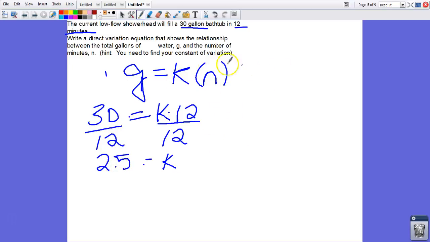So this is like the outline of my equation. For my actual equation, I needed K. My actual equation is going to be G equals 2.5 times N,